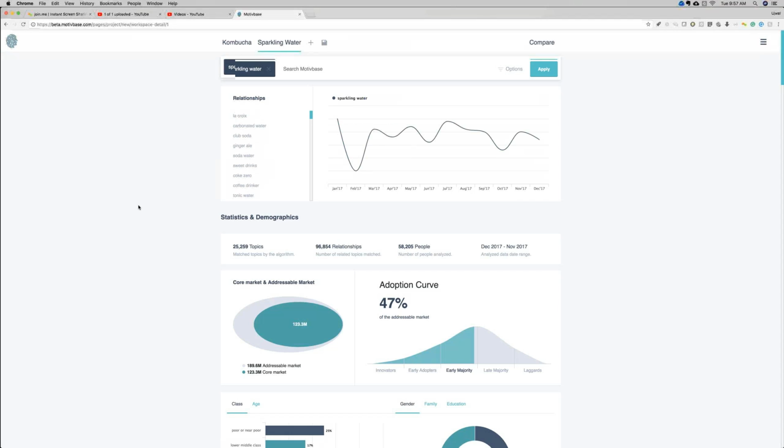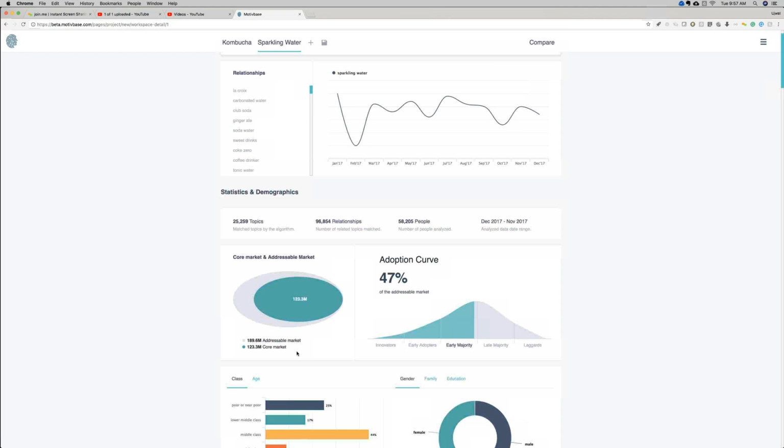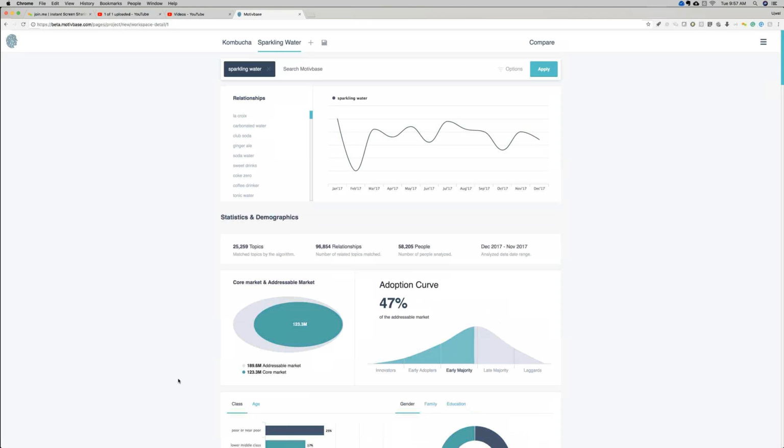One of the first things you'll notice is that obviously way more mature. It's in the early majority stages. Its addressable market size is basically the entire U.S. population between 18 and 64. That's 189.6 million people. And its core market is pretty large. It's 123 million people. So certainly it is a mainstream product, but the consumer is making an association between kombucha